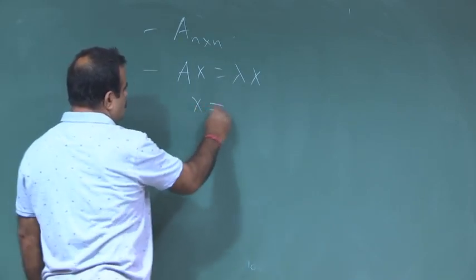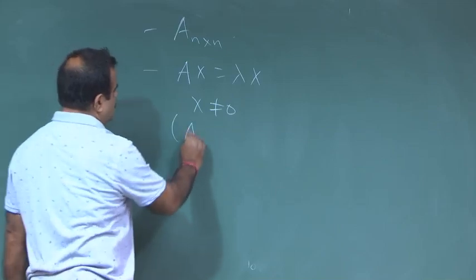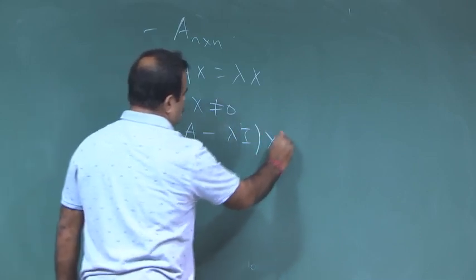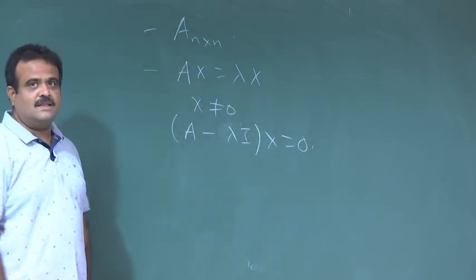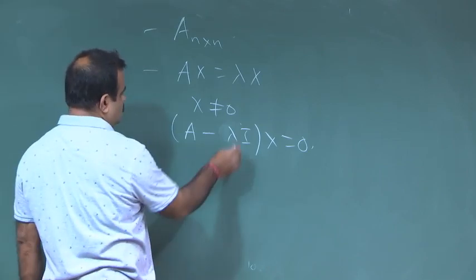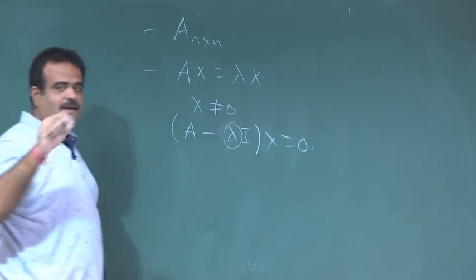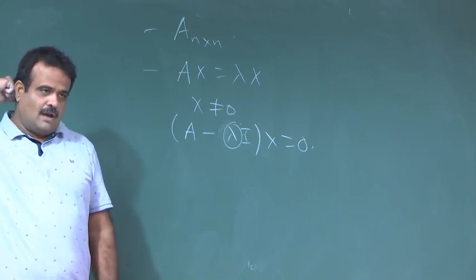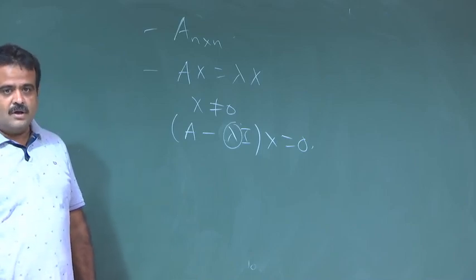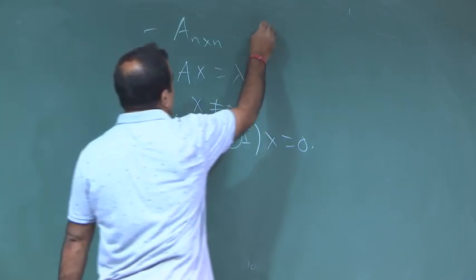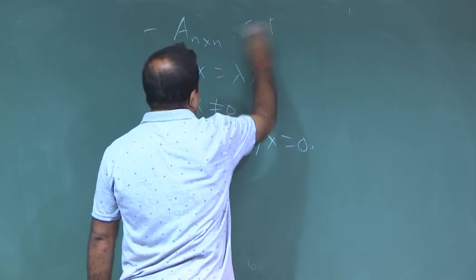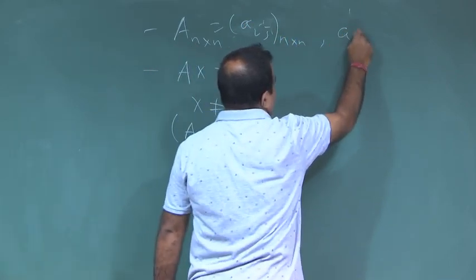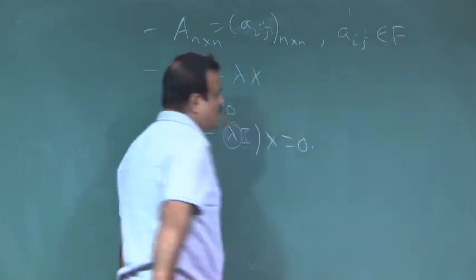x is non-zero, and this system has a lambda, this system has a non-zero solution. And we have seen also, an eigenvector is corresponding to a unique eigenvalue, and for an eigenvalue we could have many eigenvectors, but they should be from the same field where these a_i's are coming from, like if A is a_ij n cross n, and the matrix elements are coming from the field, then this eigenvector should be